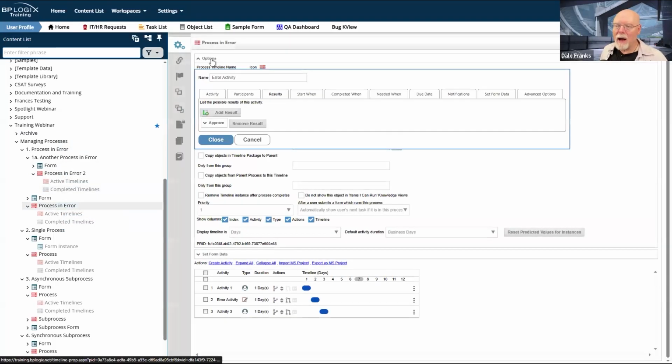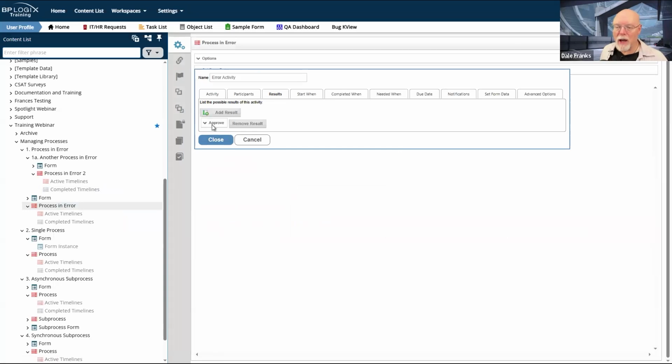Because I, in fact, do not have multiple results, I only have approve, then that's automatically the default result. I have no conflict in being able to shut down the activity. In fact, the task was never assigned to anybody. It just ends as not needed because no one is assigned a task. And when the task ends, the timeline activity just automatically ends. Nothing happened. It skipped.